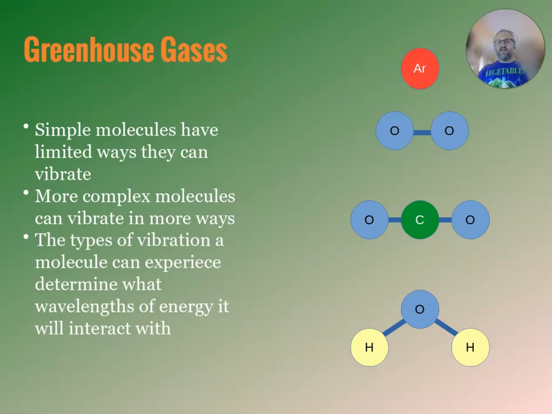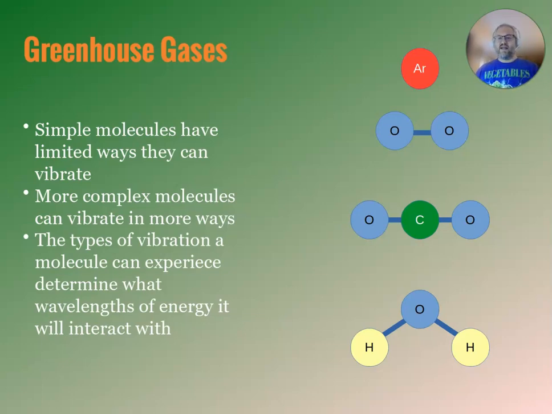So CO2 is kind of in a line. The molecule is going to stay in a line all the time, but water is at an angle. The two hydrogens are not directly opposite each other on either side of the oxygen, and so that angle can change. So a water molecule can vibrate by the two hydrogens swinging close together and swinging farther apart, so kind of straightening out and folding up. So it's got that additional form of movement that the molecule can do,